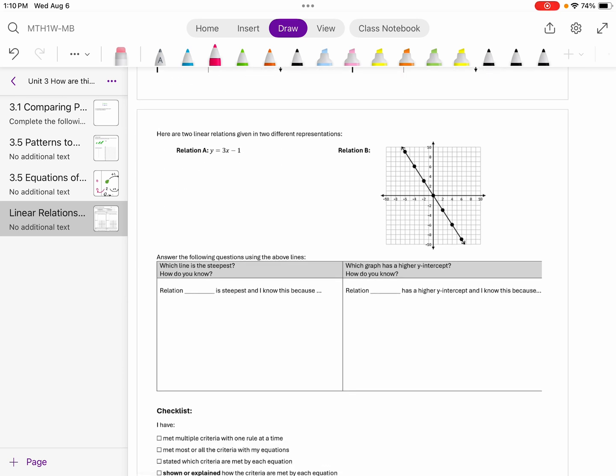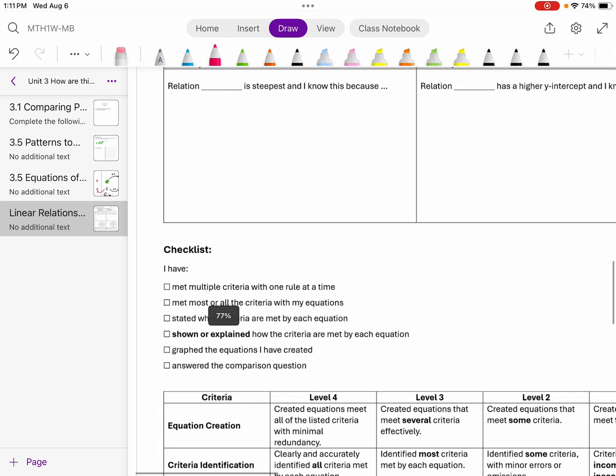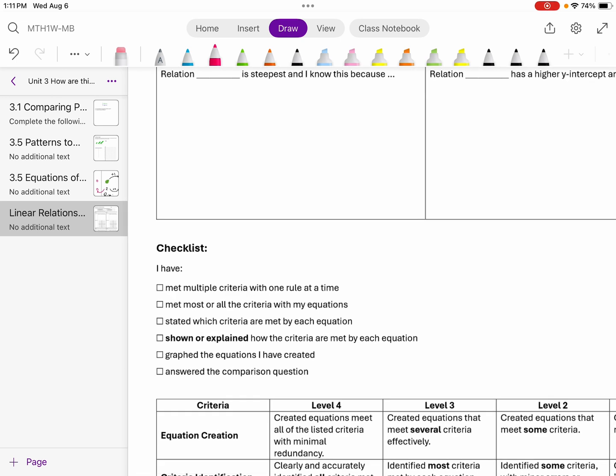Then there's a part B. You've got two relationships here. You have y equals 3x minus 1, and you have relation B on the graph. You're going to tell me which line is steepest and how you know, and which one has a higher y-intercept and how you know. This checklist is here so that you can make sure that you have all the pieces of the assignment that need to be marked,